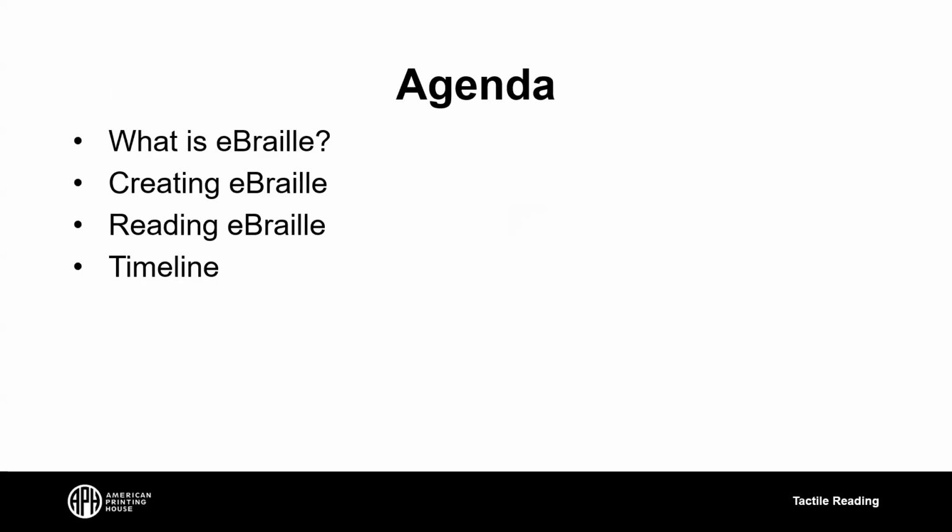We did all this work. We wrote a specification. It's very technical, but if you write a specification for a new document type and there's no way to make that document type, you've wasted 2 years of your life. So luckily, we do have ways to make eBraille files and to read eBraille files, and I'm sure that's what folks are going to be most interested in hearing about. So we'll cover those, and then we'll talk about the timeline, and finally we'll close with a demo of the BRF to eBraille converter.